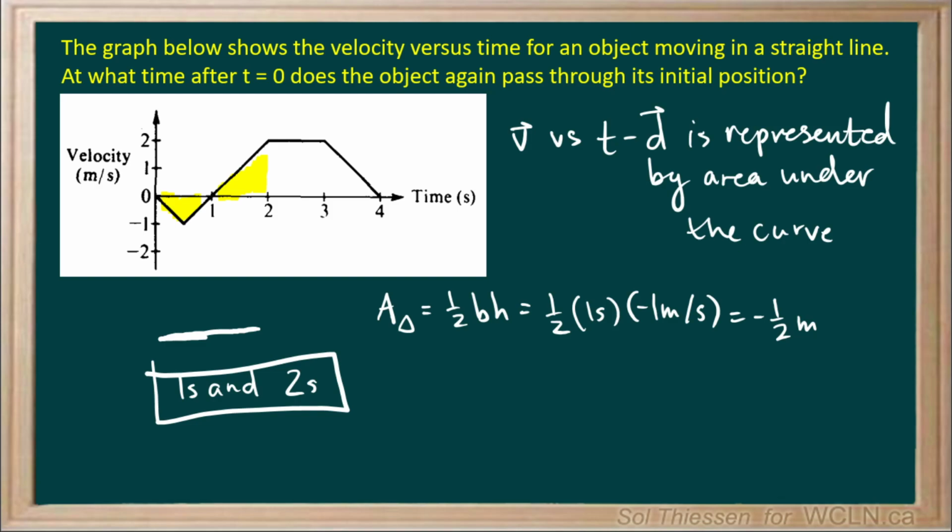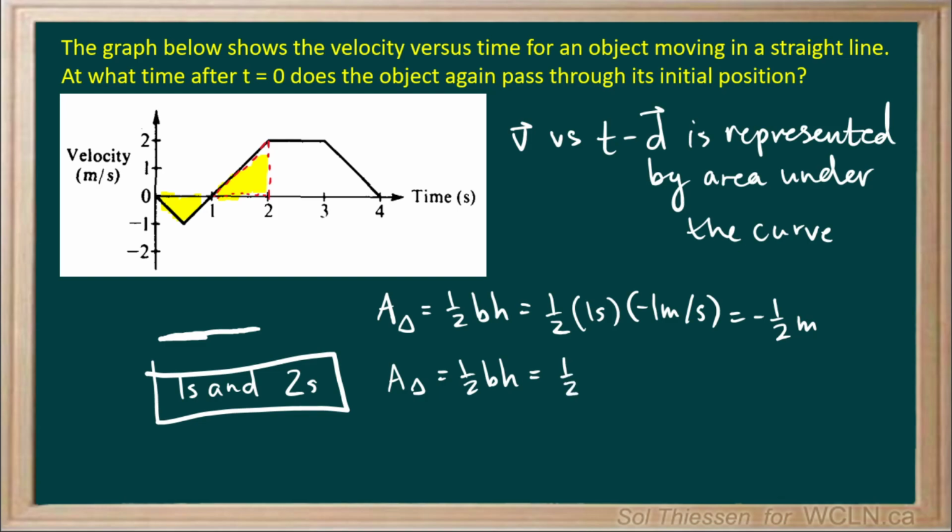And now let's determine if we have traveled positive 1/2 of a meter within this 1 second interval between 1 and 2 seconds. And if we have, that means that we've passed by the initial position once again. So let's determine the area of this red outlined triangle. So it'll be 1/2 base times height,